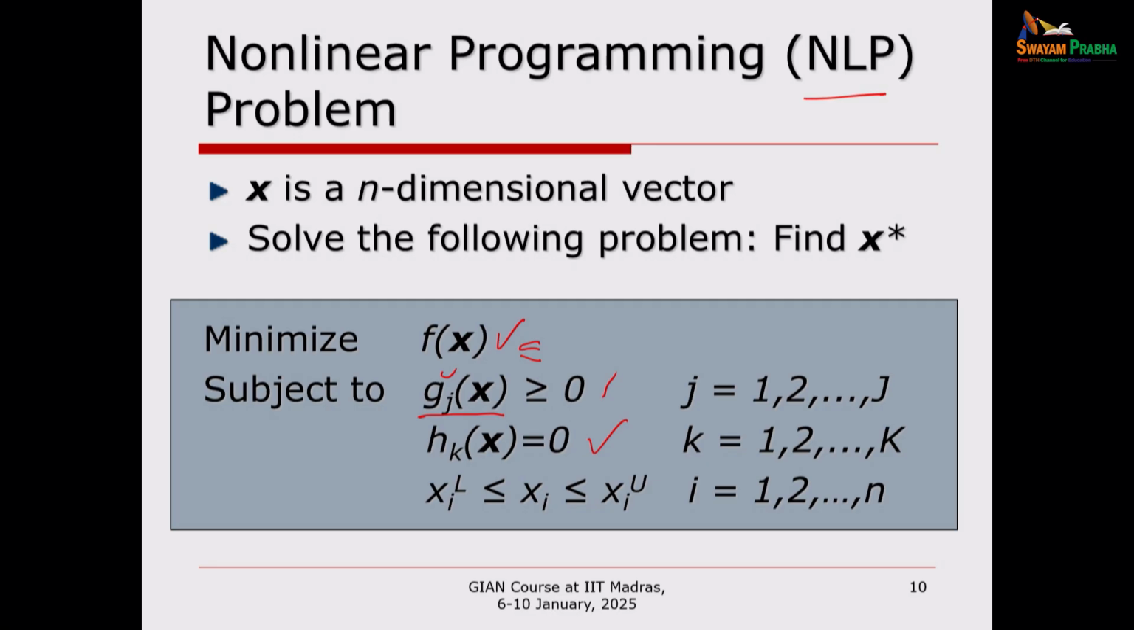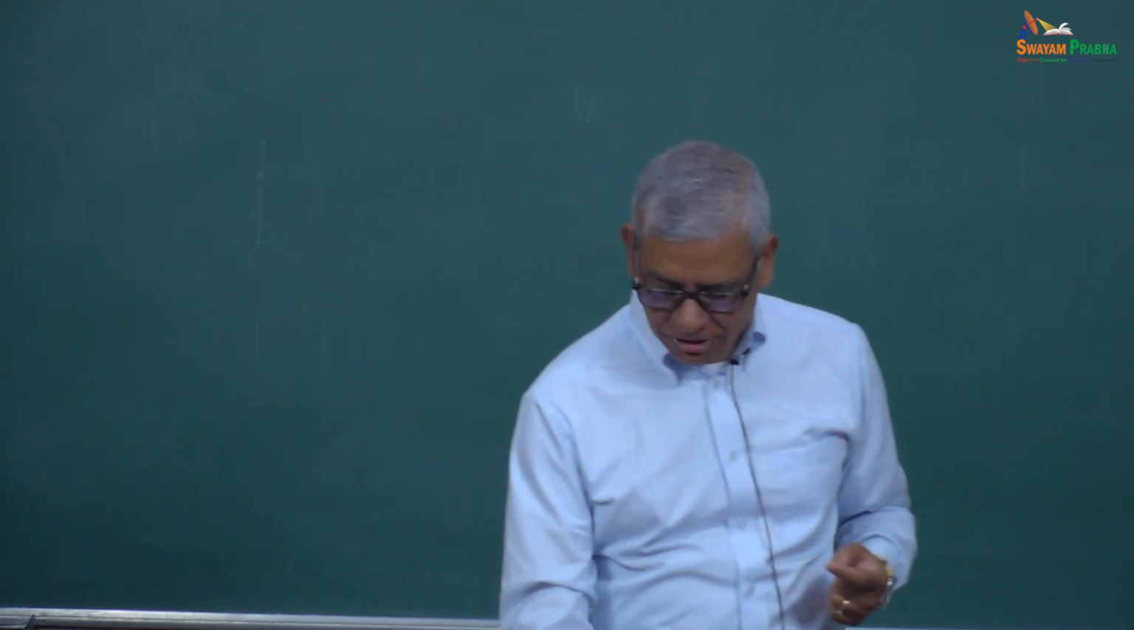But if the equality constraint is linear or quadratic, it's actually to your advantage, because if this constraint says